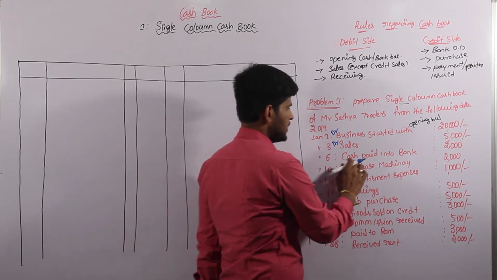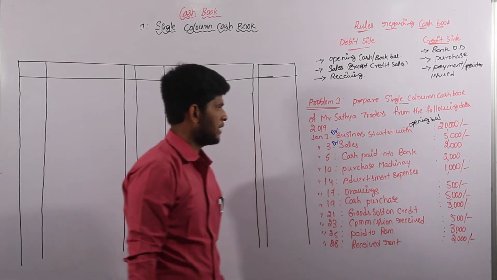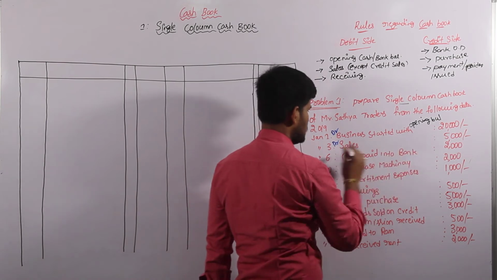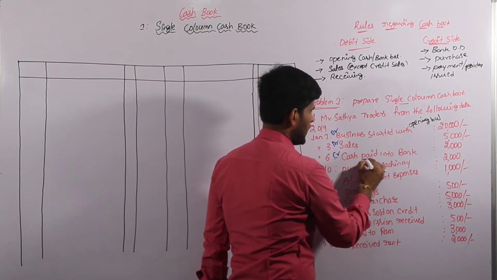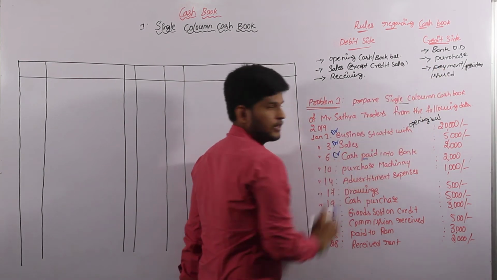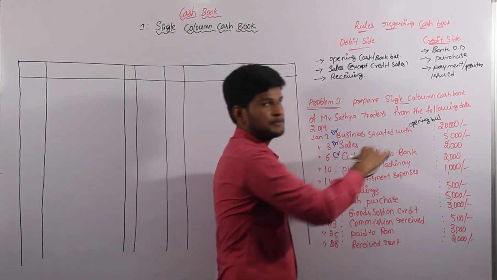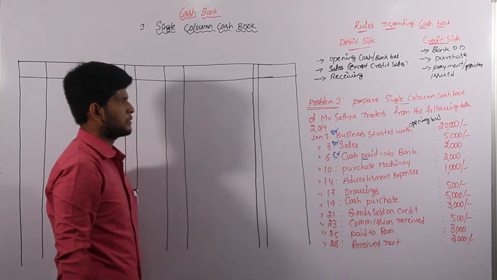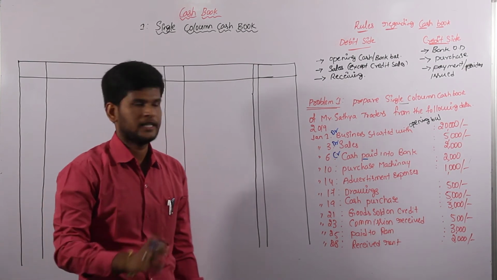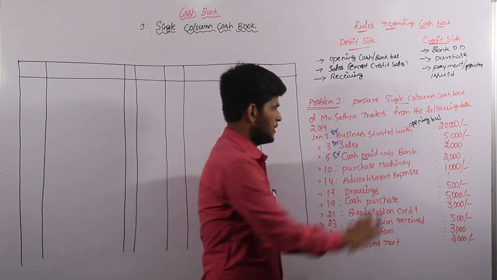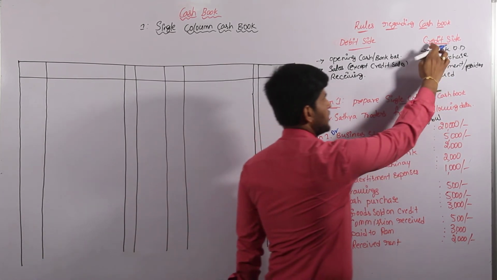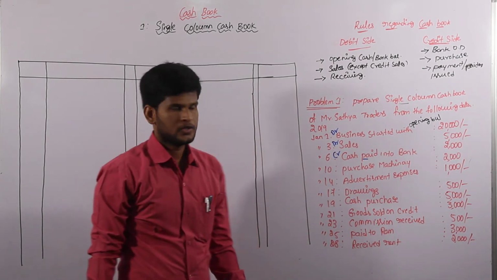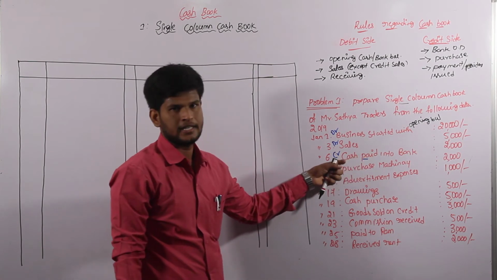And come to the sixth one, cash paid into bank. Cash paid into bank is a contra entry, but in our single entry we don't want to consider contra entry. It will go to credit side because payment is there in credit side. Cash paid into bank, as per 3 column cash book and 2 column cash book, will be considered as a contra entry. In single column cash book we don't have any bank balance, so directly we have to enter this into our credit side, because we are paying cash, cash goes out. In credit side all payments will be in terms of payments issued. So that's the reason I am converting cash paid into bank to credit side of cash book.